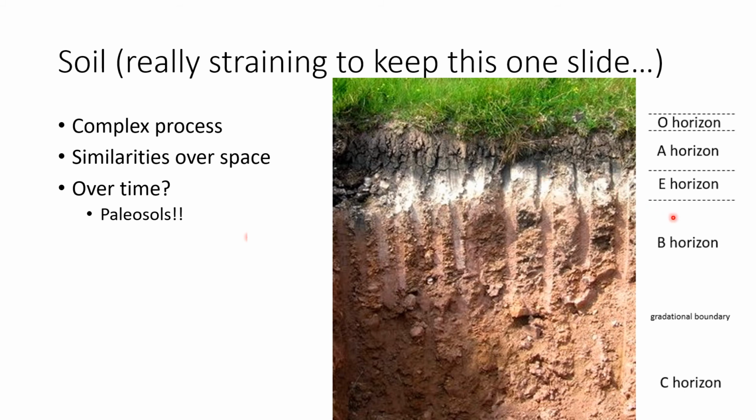So if it pulled that iron away, where did it go? Well, it went downward into the B horizon, where the leached iron, maybe some clay minerals and stuff like that, are starting to accumulate from above. And then eventually you get to this C horizon down here, which is kind of the rock that's not completely rock anymore. So you get a development from new organic stuff, into organic stuff mixed with rock bits, and then different new minerals, and down to mostly rock bits, and then below this would be just rock.